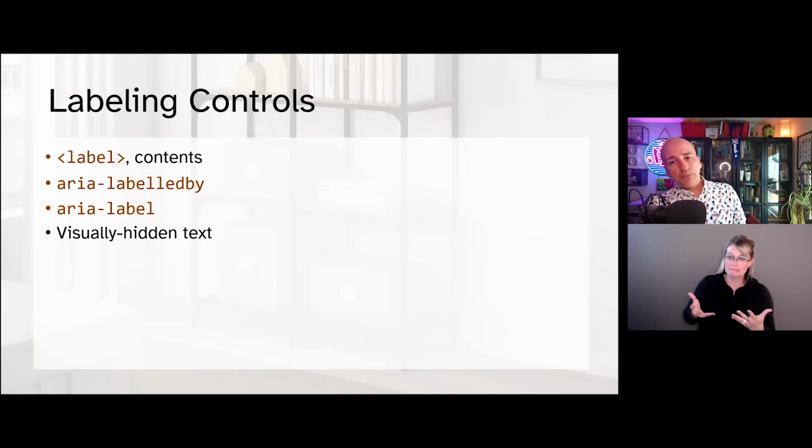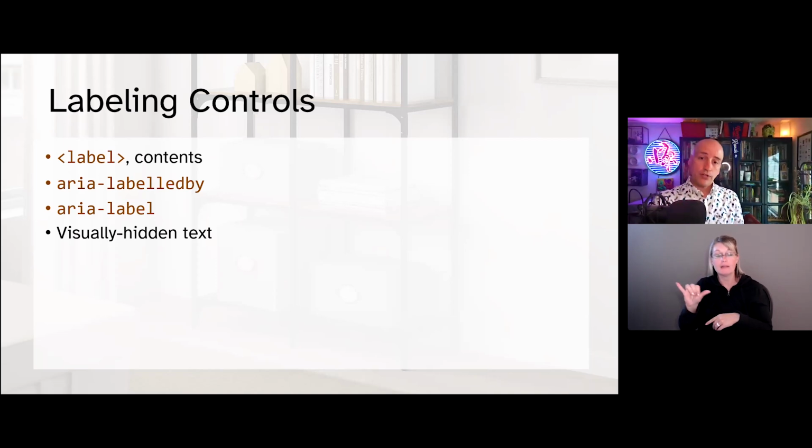Now, using ARIA labeled by allows you to associate controls with the header, with both headers, with the control itself, and maybe with more information, because you can build a compound accessible name from multiple ID references. But just be smart in what order you string them together. Don't use ARIA label unless you want a 2.5.3 Label in Name risk and a guaranteed failure to auto-translate. And visually hidden text that lives in the table is almost definitely too verbose for regular table use, just navigating the content of a table.